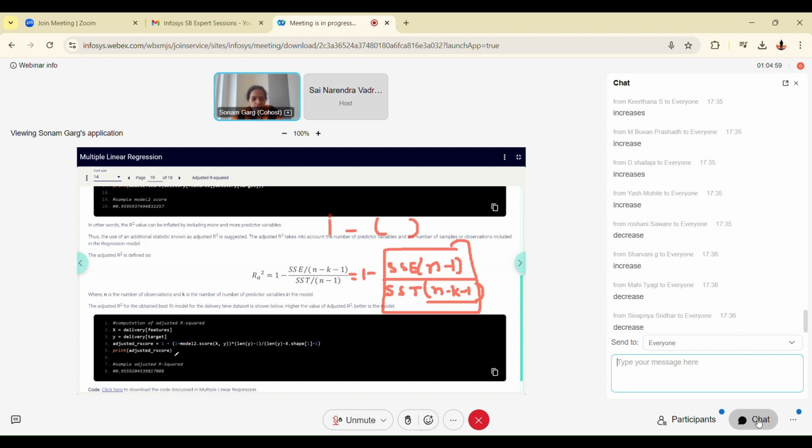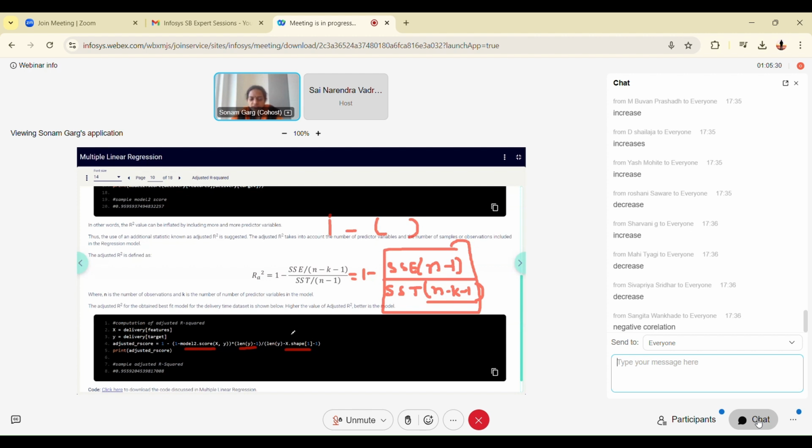So in adjusted R score, there's no direct method to do this. This can be done using the score itself. You first find the score and then we can think of multiplying these values. So here we have used model.score and found the length of y, which gives you the number of rows, and x.shape[1] gives you the number of columns, that is k.